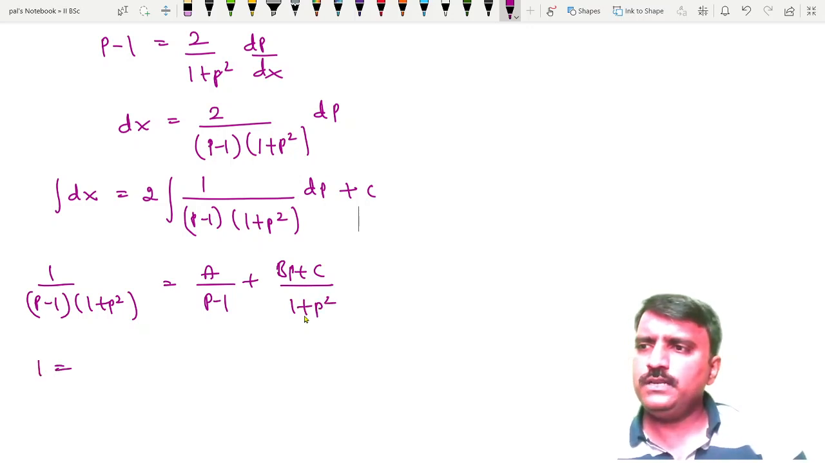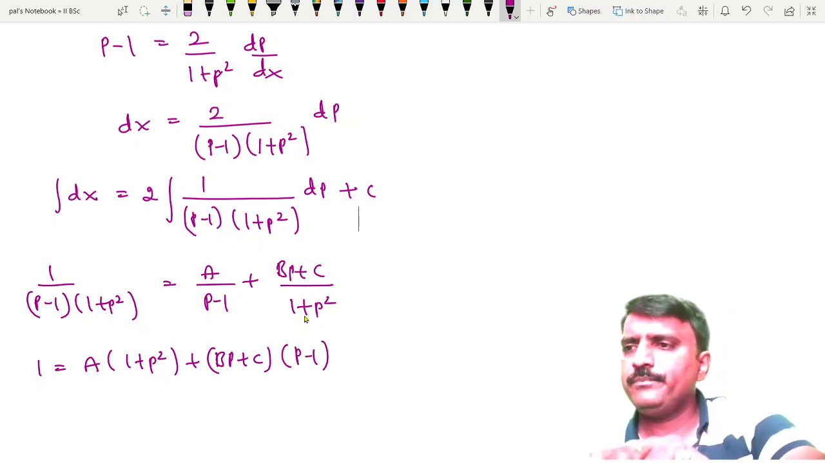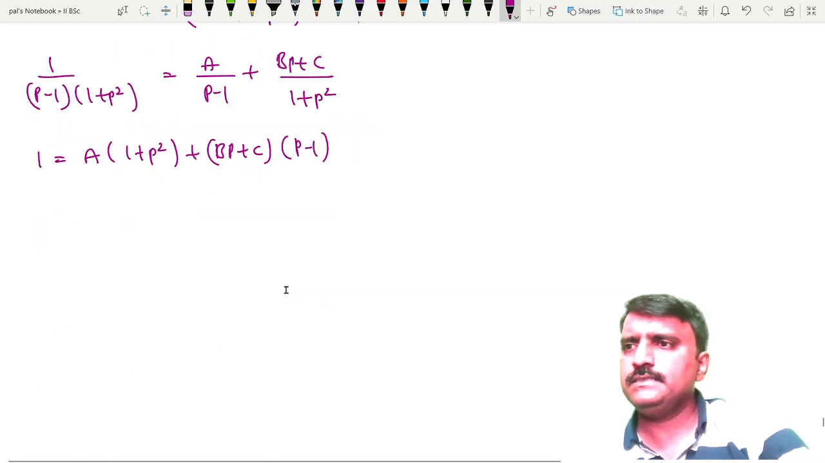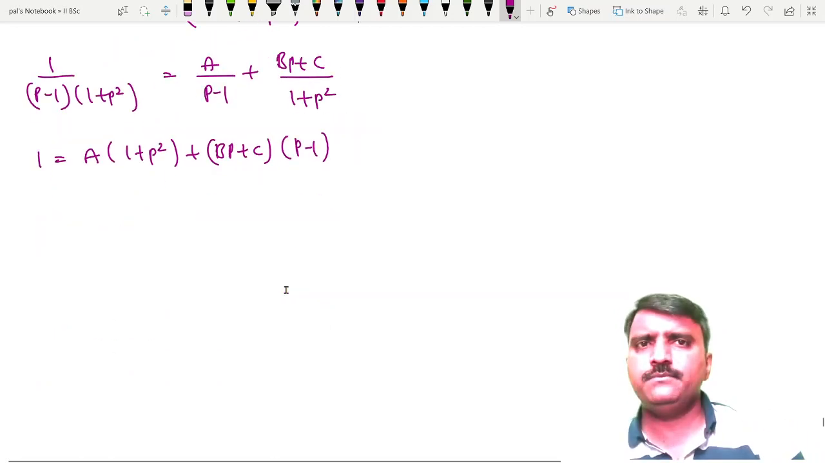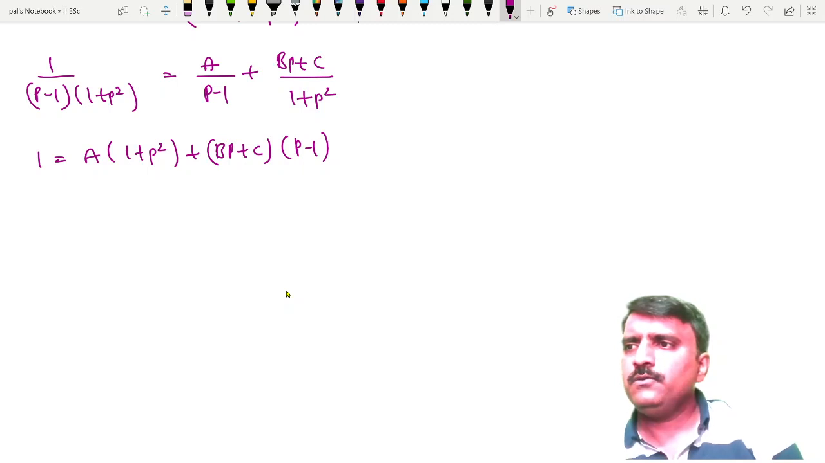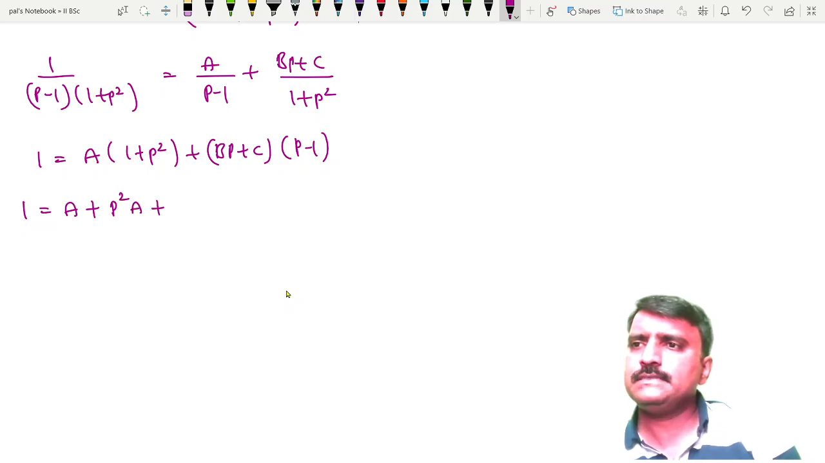So now 1 is equal to, taking this cross multiplication, we have a into 1 plus p square plus bp plus c into p minus 1. Okay, so now simplifying this, our intention is to find the a, b and c values. 1 is equal to a plus p square a plus bp square minus bp